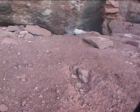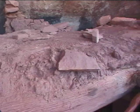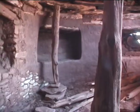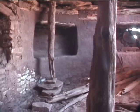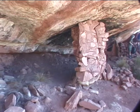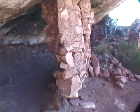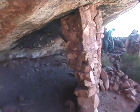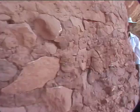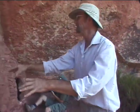It's very important not to walk on the roof, as I'm sure many have done unknowingly. Fortunately, site stewards of the place have constructed a number of roof support poles to help keep the roof from falling in. Most of the remaining structures are tumbling towards their destinies, and a few show they may have had 3 stories. Well, this is a 2-story row of rooms in here and up here, and the only way to